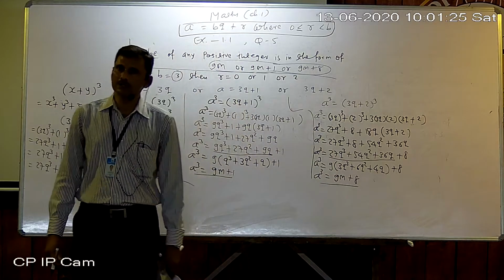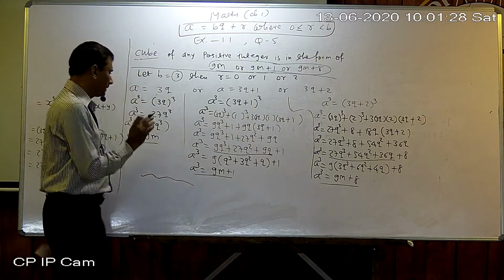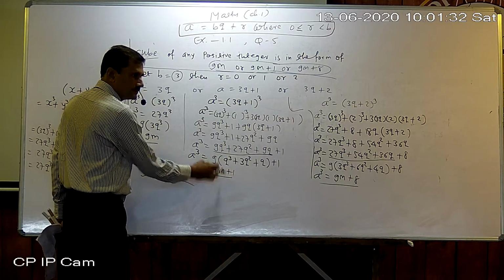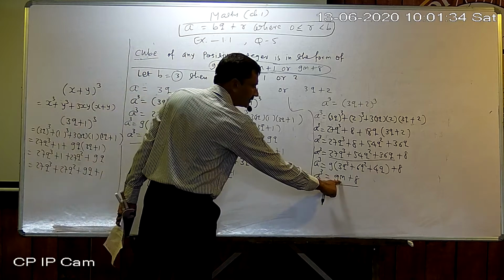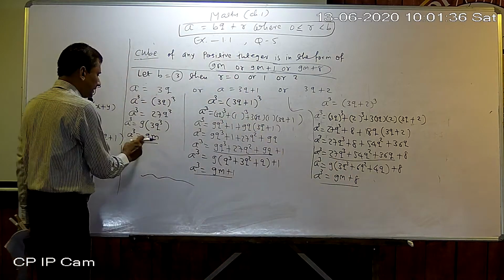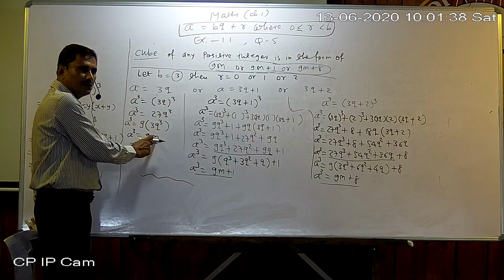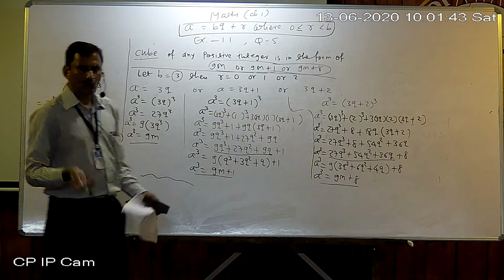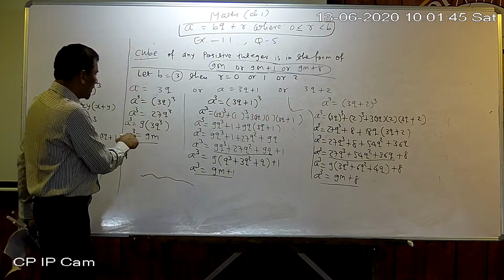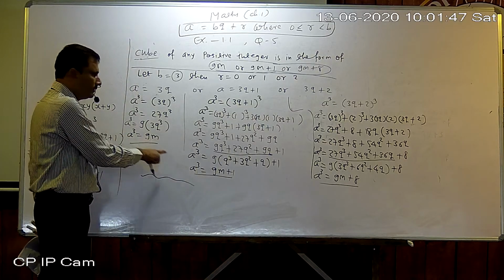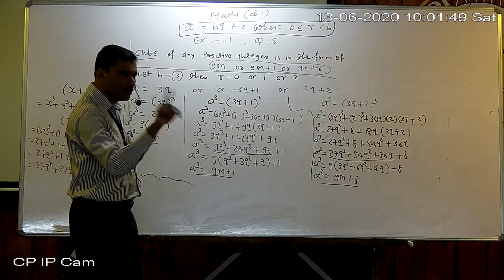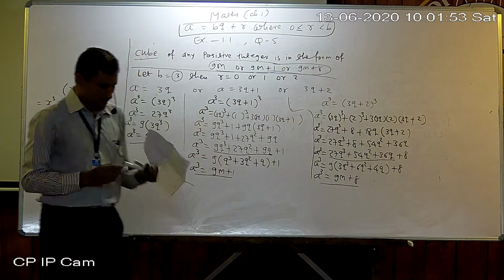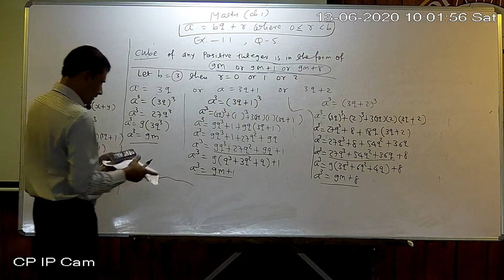You can verify it also. Any cube, suppose 1. So 1 is in the form of 9m plus 1, with m equal to 0. 8 is 9m plus 8, with m equal to 0. 27: 9 threes are 27. Then 64. So this way also you can take one by one whole cubes. They can be either a multiple of 9, or a multiple of 9 plus 1, or a multiple of 9 plus 8 only. Okay, so this is our question number 5.